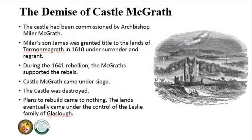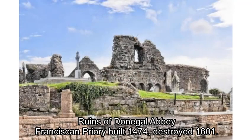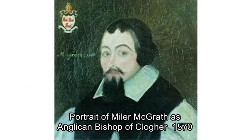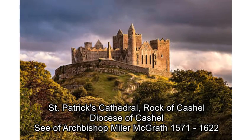So the castle itself was commissioned by Archbishop Miler McGrath, who was at that time, and was for 50 years, Archbishop of the Diocese of Cashel in County Tipperary. Miler himself had been born in Termon McGrath and brought up there, entering the Franciscan order in Donegal at the start of his then ecclesiastical career. Of course, he quite famously converted from Catholicism to the Anglican tradition, and thereby was given initially the bishopric of Lough Erne and then the archbishopric of Cashel, moving there with some 200 supporters, including